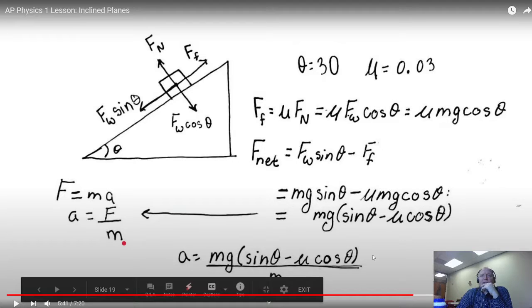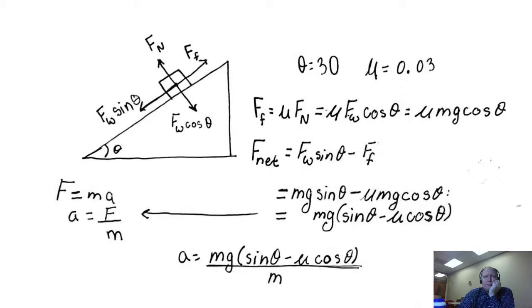Here the m's, of course, are going to cancel, and we're going to get a result. What was mu? Oh, it's very, very small, 0.03. Okay, so this term's going to be pretty dang small. So this is not going to be a whole lot different than the answer we got before. Let's see, we got 5 before. I'm going to say 4.5. And we're going to get our acceleration equals mass times gravity times sine theta minus mu cosine theta over